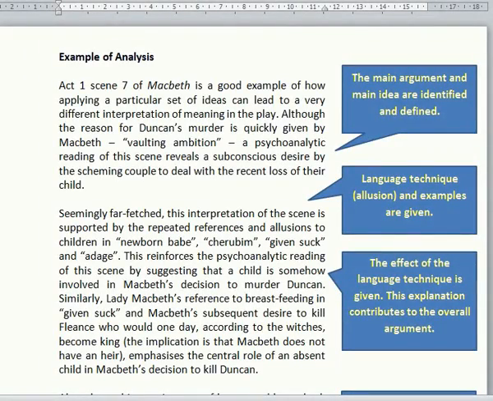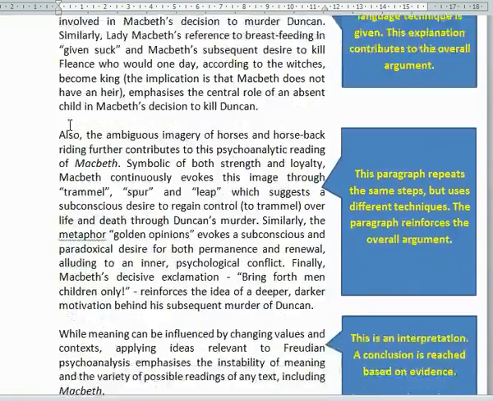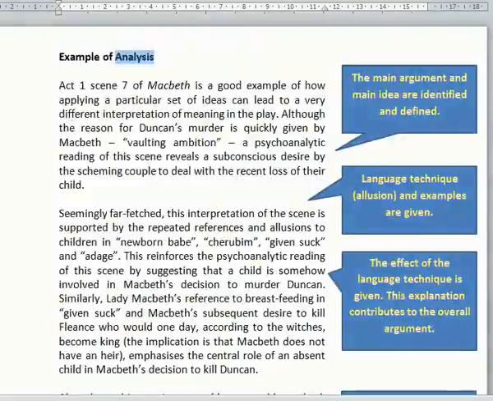In a previous edition of a 2-minute guide, I talked about the steps in doing an analysis, the 4 steps: summarize the scene and the main idea, talk about the argument. Then the second step is identify the main technique, give an example of that technique, explain the effect, and finally offer an interpretation. In this edition of the 2-minute guide, I'm going to give you an example of how this works and take you through the steps,